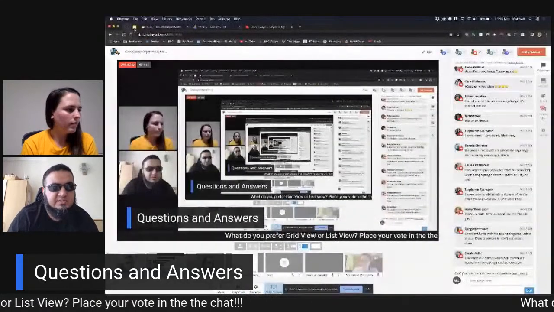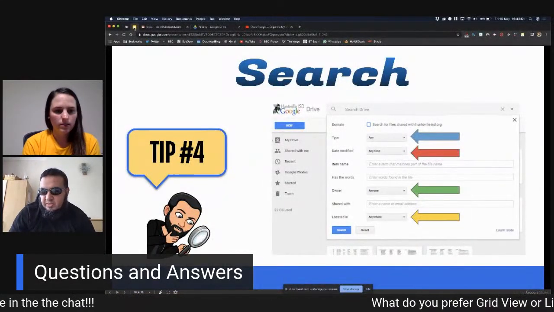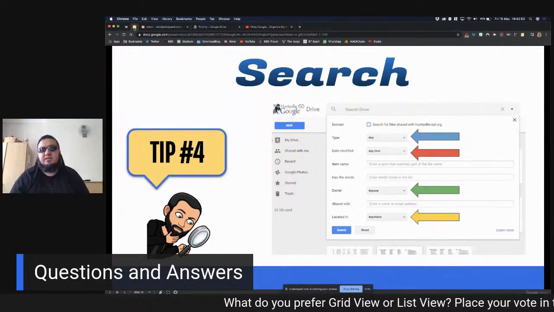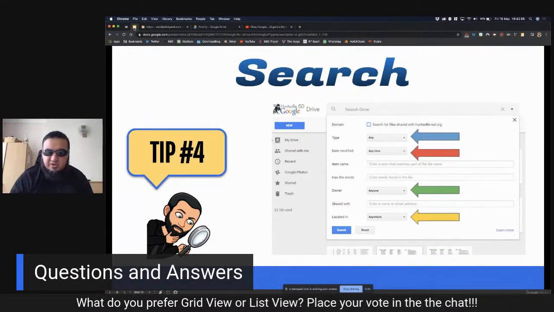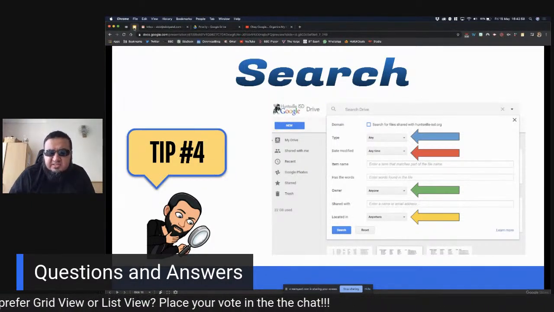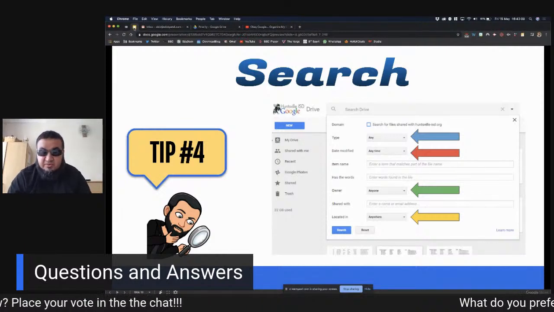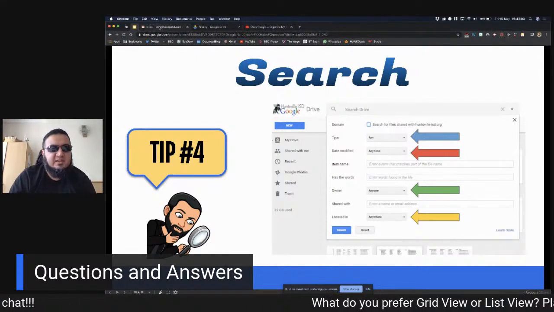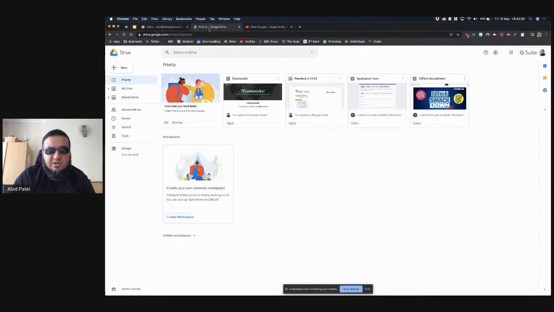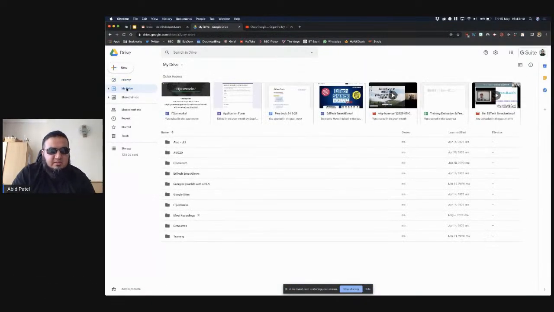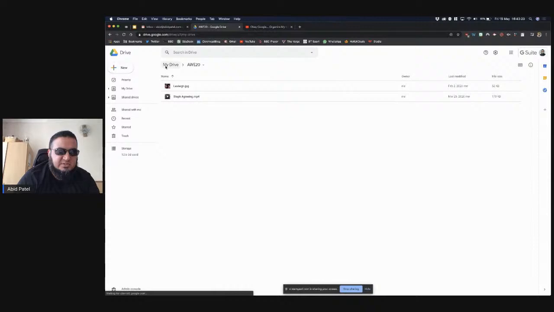Right. So next up, we've got search. Now, search is such an amazing thing, and it's amazing how so many of us forget that Google actually did start as a search company, and believe it or not, they're quite good at search. And that's where the search in Google Drive really comes into powerful effect. So grid view, list view, whatever way you want to think about it, as soon as you've worked on something in the past, you're more than likely to have forgotten where you've put it.